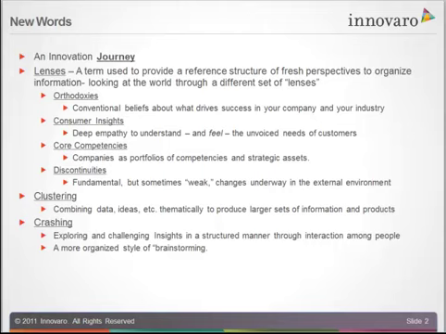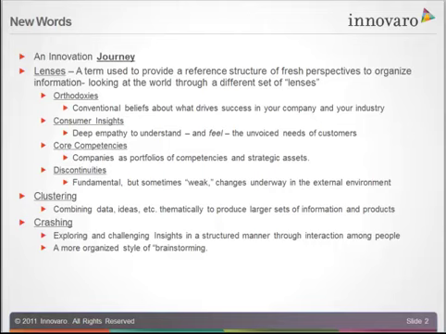Core competencies, they're really about thinking of companies as a portfolio of competencies. What are we the best at? It could be something as simple as we sell better than anybody else. Maybe we don't build products, but we can sell anything, right? Or we're great at engineering, but we're bad at manufacturing. We're the best in the world at bending sheet metal, right? And what are your strategic assets? What are the things that you own that are strategic for your business, right?